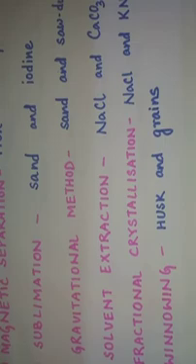So, I have taken the example of sodium chloride and potassium nitrate. Potassium nitrate is very readily soluble in water. If I'm comparing sodium chloride and potassium nitrate, the one that will dissolve faster is actually potassium nitrate. So what will happen? Suppose you have taken the mixture, added it to water and heated it. So it all dissolves.